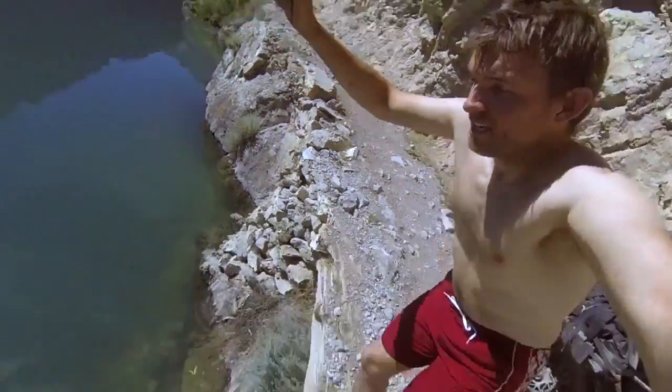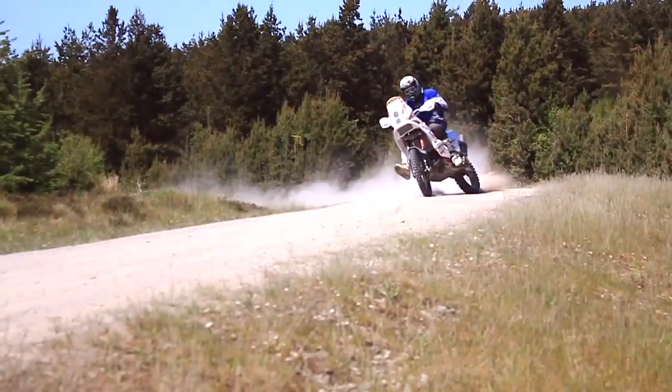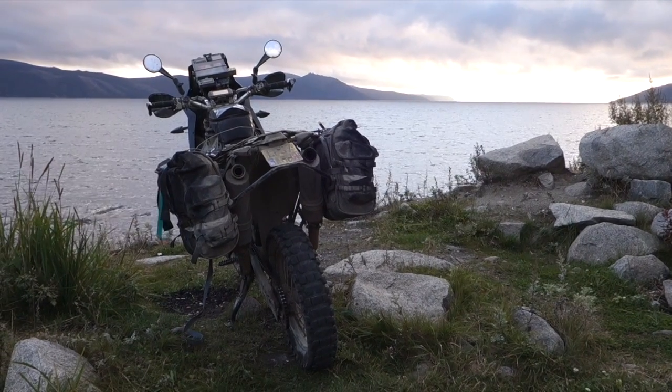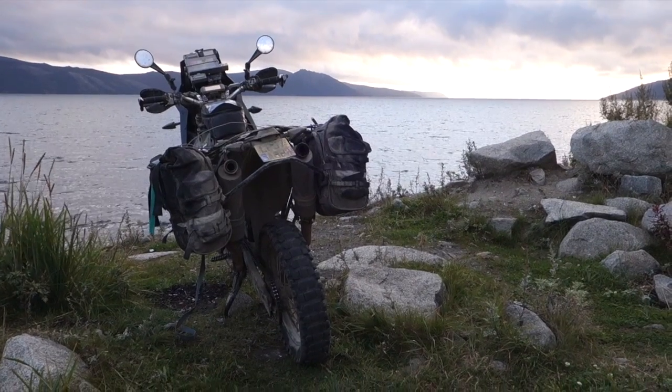Lyndon Poskett is one of the world's foremost adventure riders and racers. There are hardly any types of bikes he hasn't ridden, any types of race he hasn't successfully competed in, and by the time he's finished this product test, there will be very few places around the world his Magadan panniers